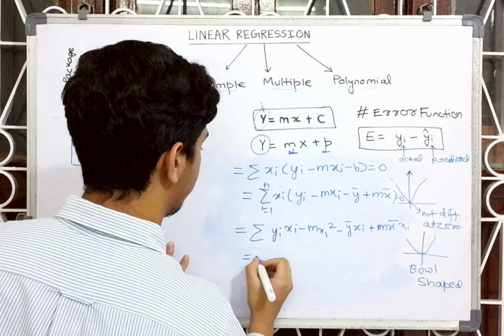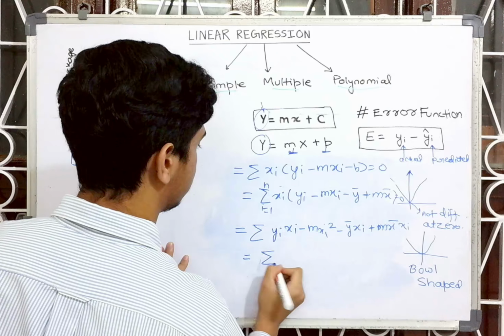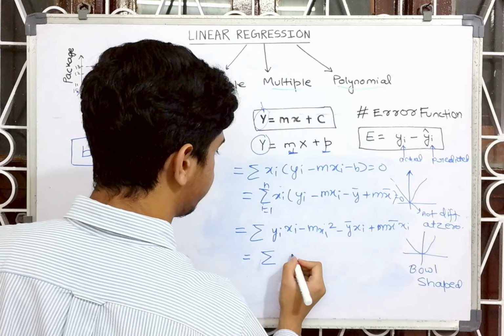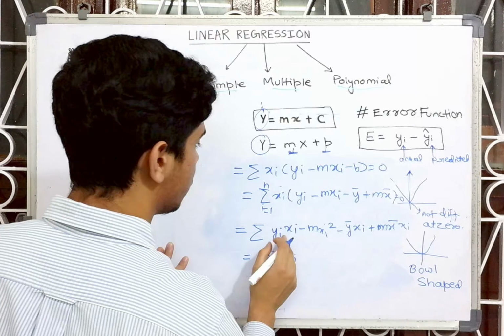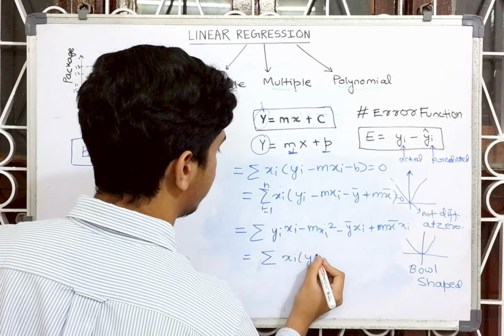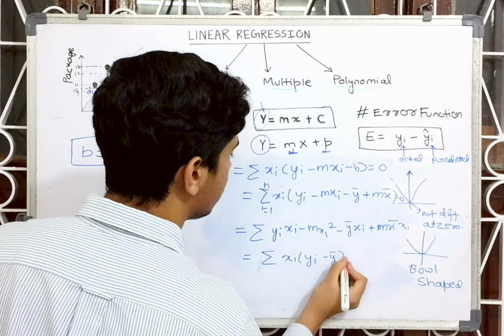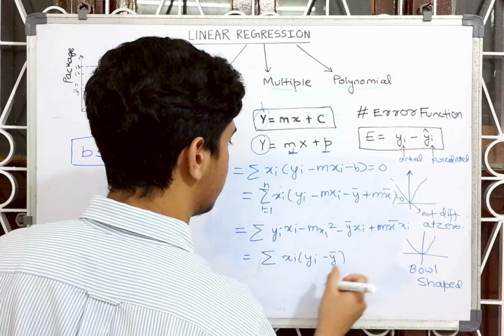We will have the summation, and we can take xi common in the xi yi minus y mean terms, and we will take m common here,